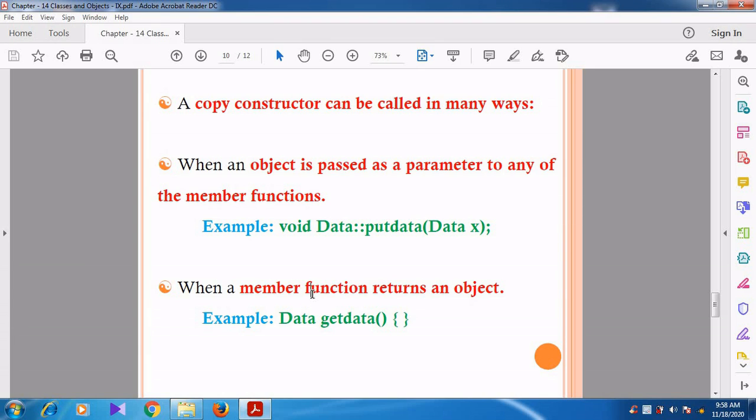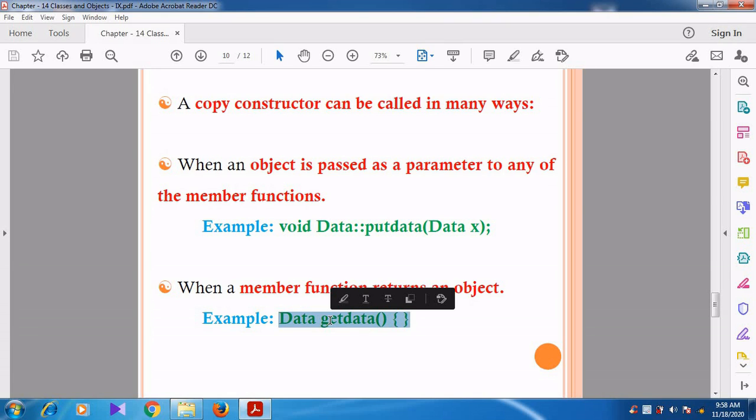Then the second way. Can you understand, students? First way, then second way: when a member function returns an object. So here you see get data is a member function, but what is its return type? Class name is given there.